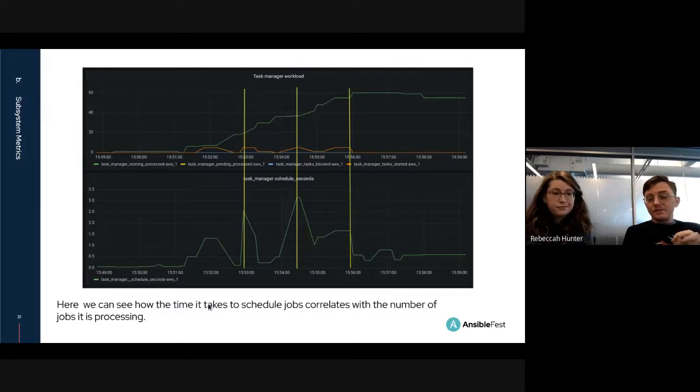We actually use these metrics a lot in our refactor of the task manager for controller 4.3 and AAP 2.3. It's a little confusing with the versions, but in the upcoming release, the task manager has experienced some significant improvements, especially for dealing with